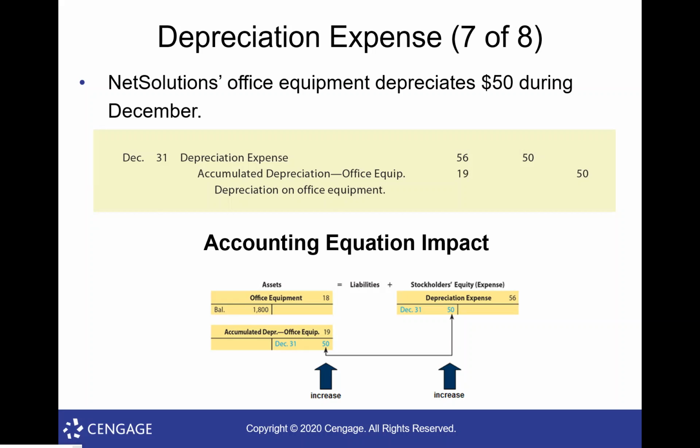So after I do that, you can see I didn't change my computer equipment account. Its balance stays the same as my cost, but I'm going to have another account called accumulated depreciation. I'm just going to call that AD computer equipment. And now that's going to have a credit balance of $250. Accumulated depreciation accounts are always linked to their specific asset. So the accumulated depreciation computer equipment account is linked to the computer equipment account.